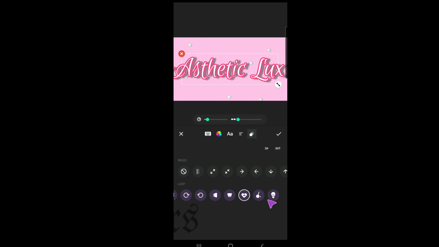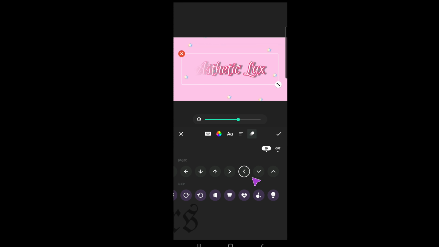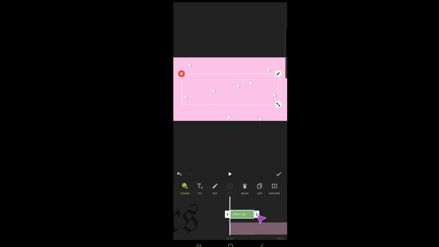I didn't really like the overall transitions which were there, but because this is the free version, I think there are not many transitions. I didn't really like it. They were not that good. So I just put the fade animation for all of these, like the zoom out animation and the zoom in animation for leaving the thing. Now as you can see, this is how long it is.